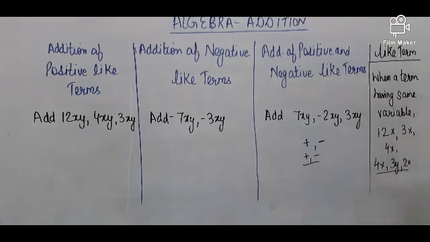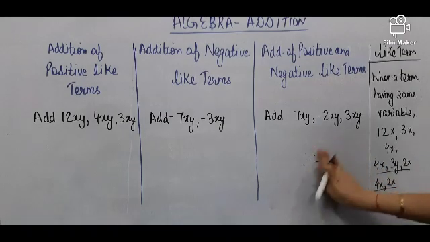Suppose I have 4x, 3y and 2x. Now I have to consider the like terms only. So like terms are 2x and 4x because both have variable x, and we can say that 4x and 3y are unlike terms because both have different variables. One has x variable and the other has y variable, right? So now I hope you are very well clear about the like terms.